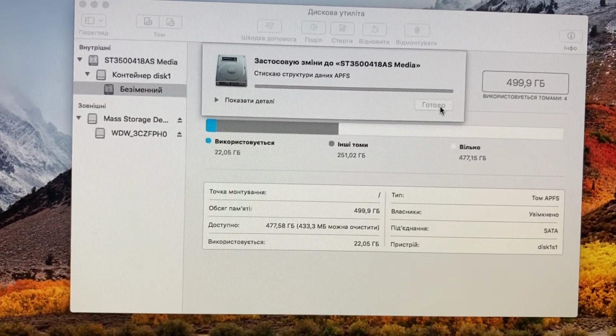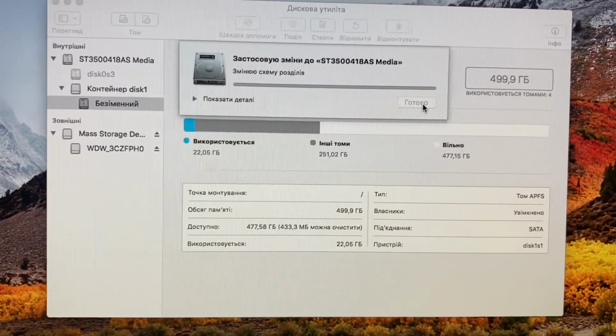So here you can see that it successfully